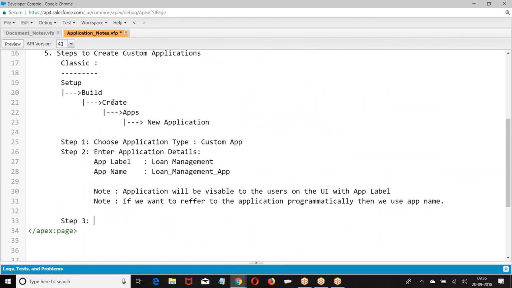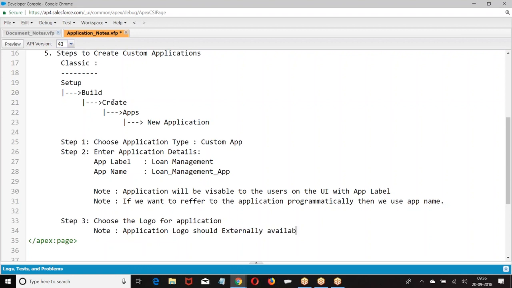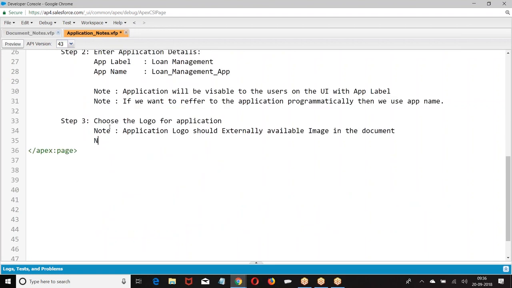Step number 3, choose the logo. Note, the application logo should be an externally available image, only then I can use it.